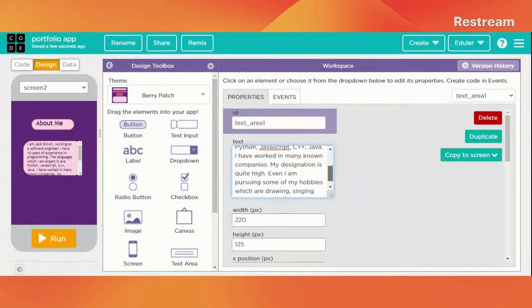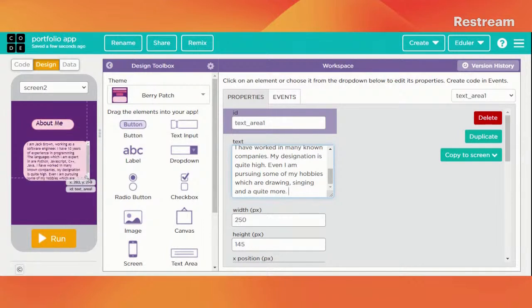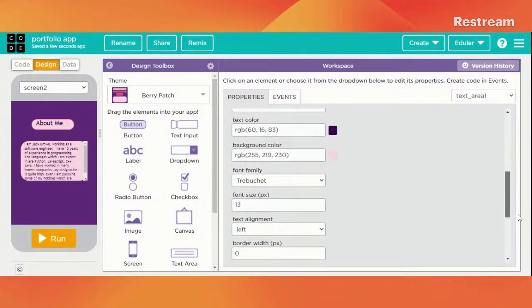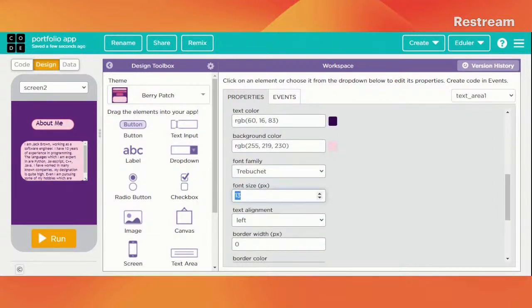Even I am pursuing some of my hobbies which are drawing, singing and quite more. So I've just written some of the things just to describe this person. And you should write here attractively, like the content which you are writing here to describe yourself should be really good so that it impresses any other person whoever reads